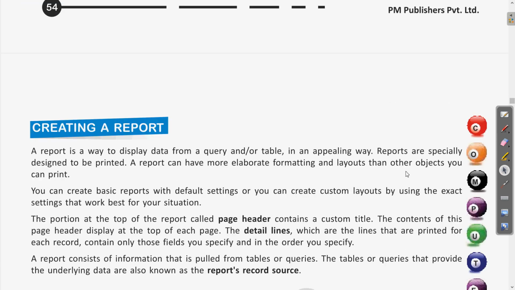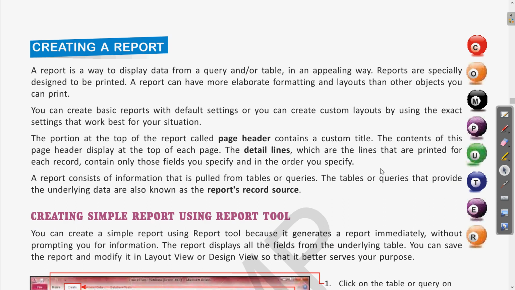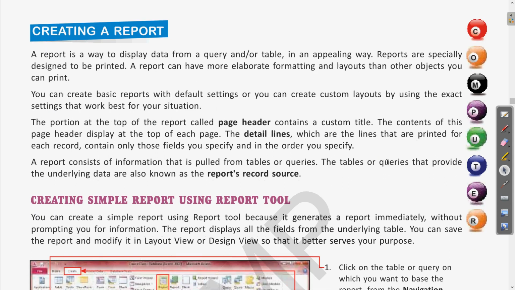After this, we have started the concept of report. What is a report? A report is a presentation or a display of data, which can be any table or query data, which is more appealing and more presentable. Clear? In this report, the data is given from the tables or the queries.